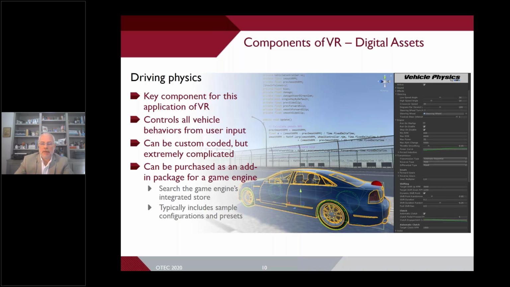One of the benefits of using a mainstream game engine in the development of a VR sim is the ability to add a wide array of specialized digital assets as needed for a project, the most important of which for today's topic is driving physics. This is the programming and setup that controls all of the behaviors of the simulated vehicle our users will be driving, from the things that are readily apparent, like steering, acceleration, and braking, to more subtle aspects like traction, gearing,